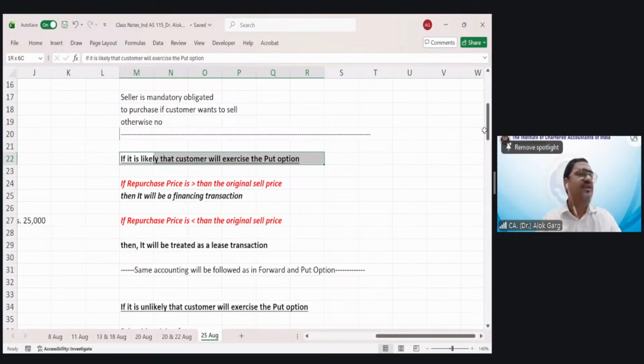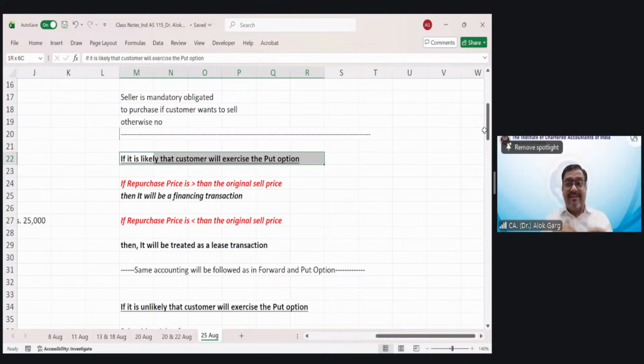what is the beneficial situation for the seller? To sell at 12,000 or to sell at 15? What is the beneficial situation for the customer? To sell in the market at 12,000 or to sell to the seller at 15,000? To sell to the seller at 15,000, of course, right? It means there are high chances the customer will come to the seller and tell the seller, please purchase my goods. Right. So there are situations. In the question, the situation will be given. You have to gauge. Yes, this is in the benefit of the customer to resell to the seller.